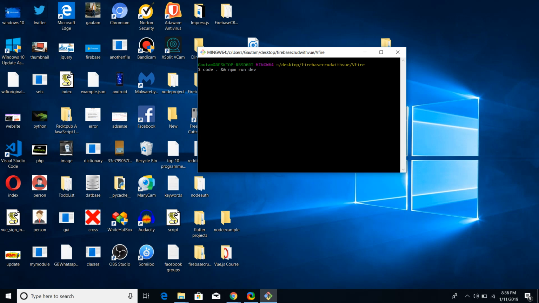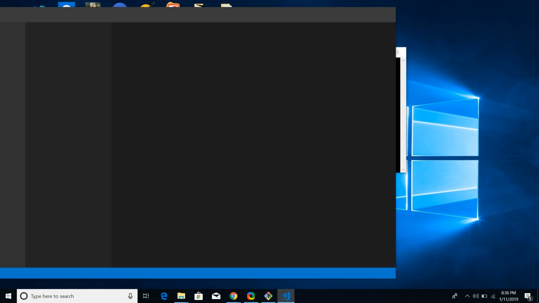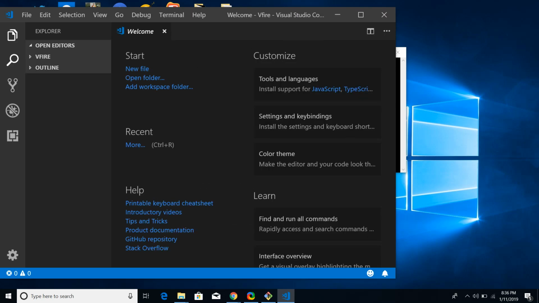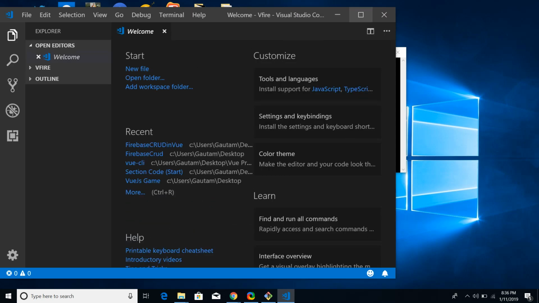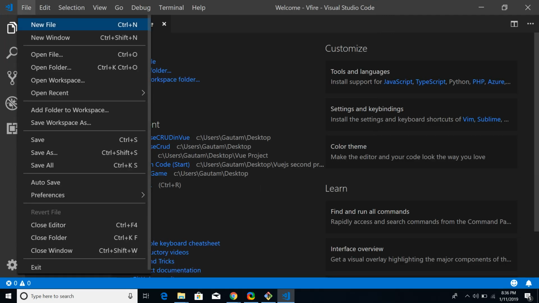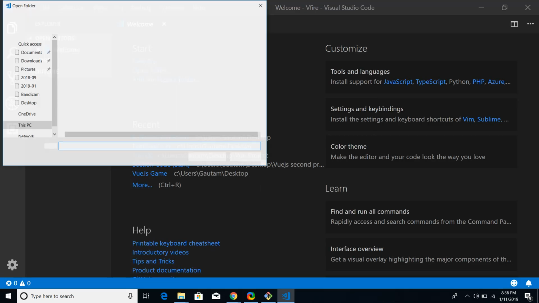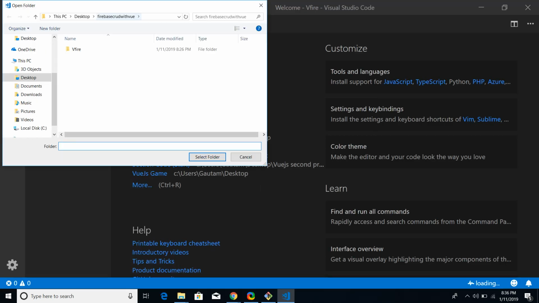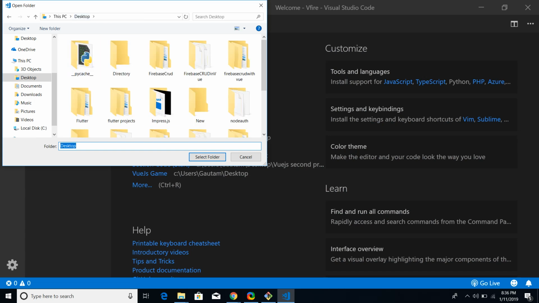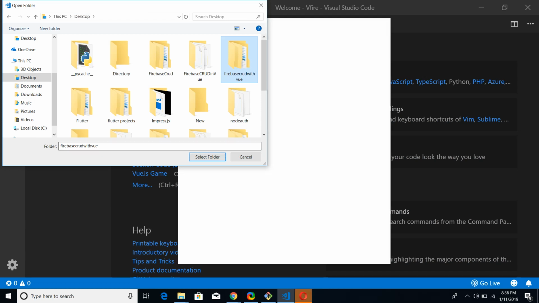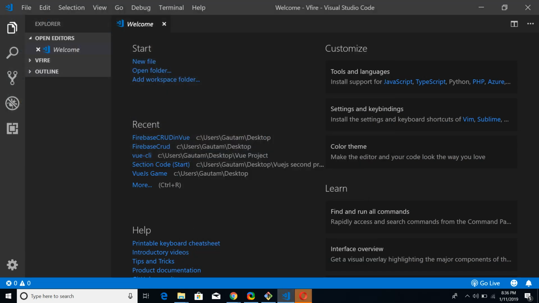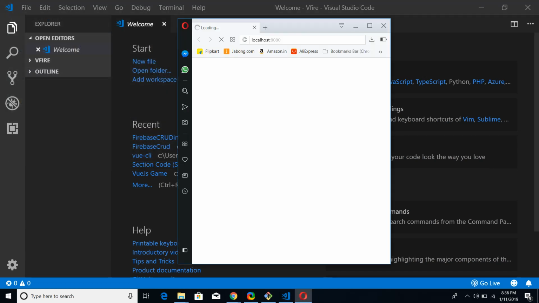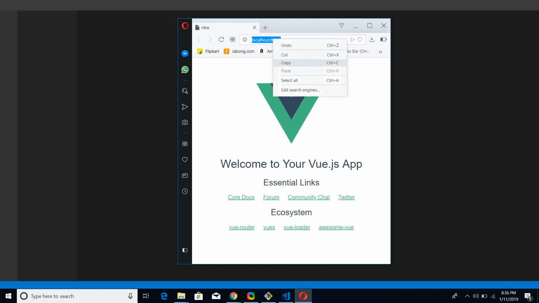Just enter it, and after that it will first of all open the Visual Studio Code here, and let me just maximize this and open the folder. It is located on the desktop here, Firebase CRUD with Vue. This is the folder, so select the folder here, and you can see here it has opened this URL in the Opera browser. Let me copy this and open it in Chrome,